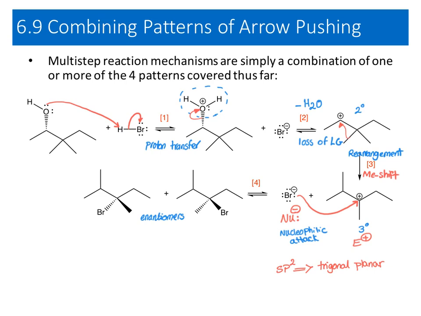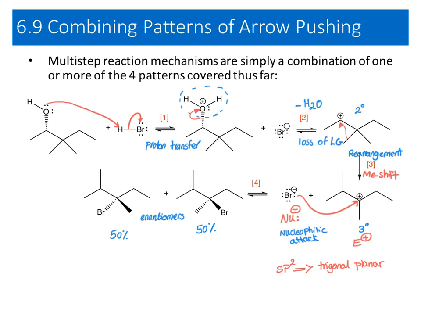If it attacks from the top, the bromine is coming out of the plane of the page. And if it attacks the carbocation from the bottom, bromine is going into the plane of the page. The chance of attacking from the top and from the bottom is equal, meaning that we are making a 50-50%